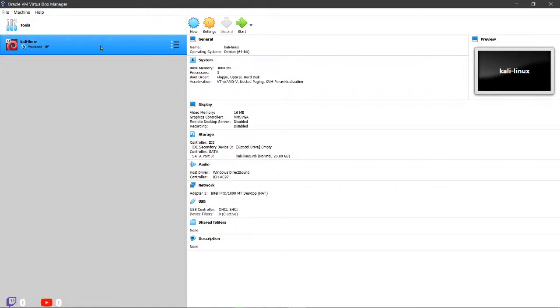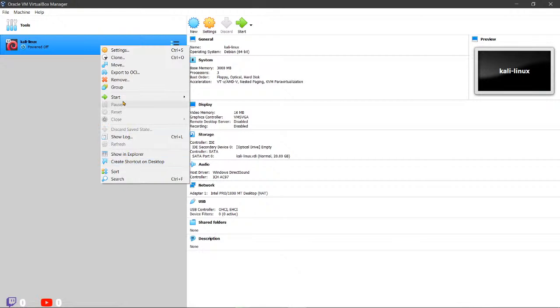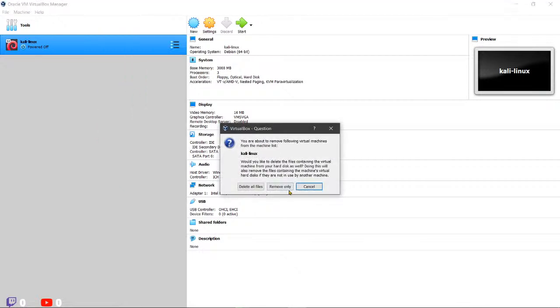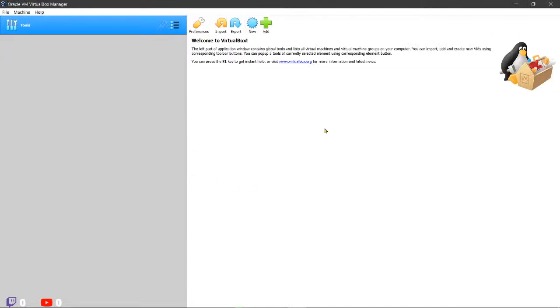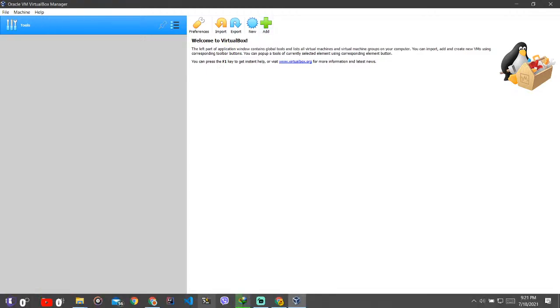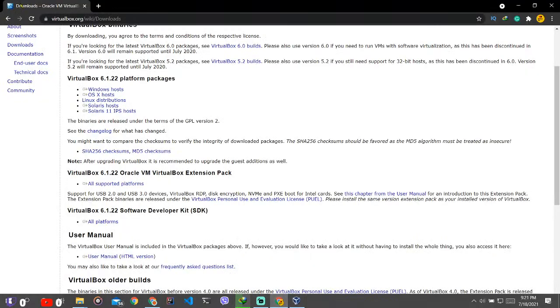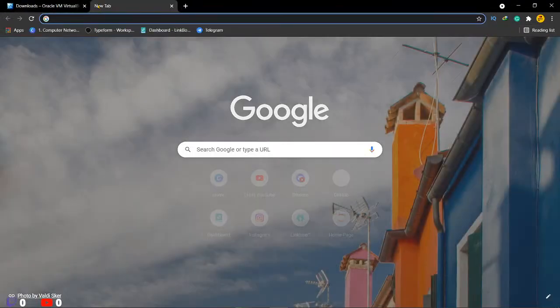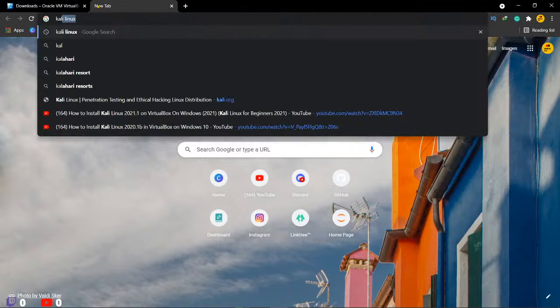After that, we have opened VirtualBox. First of all, I remove this Kali Linux and delete all files. So this is good. Now this is the VirtualBox. Now what we can do is download the Kali Linux